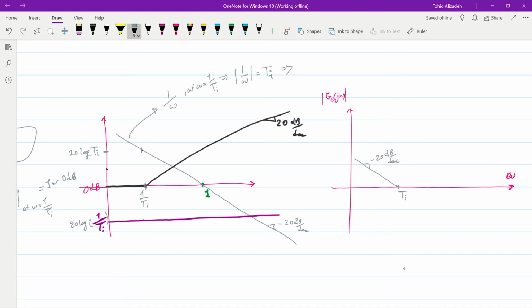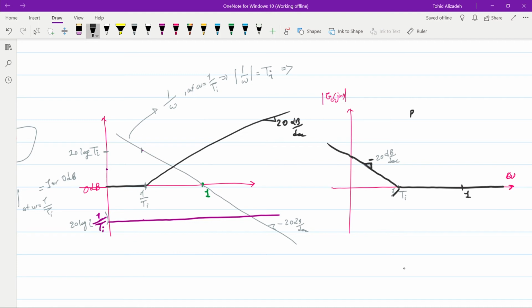After the frequency of 1 over Ti, the slope will become equal to 0 and the amplitude will remain at 0 dB. And we assume that 1 over Ti is much smaller than 1. So this will be indeed the amplitude